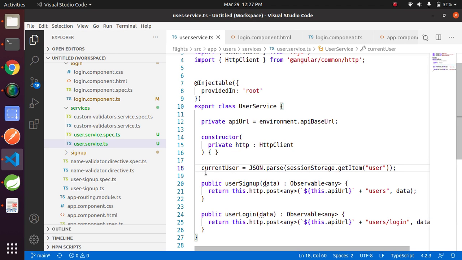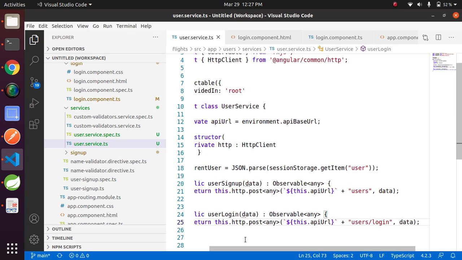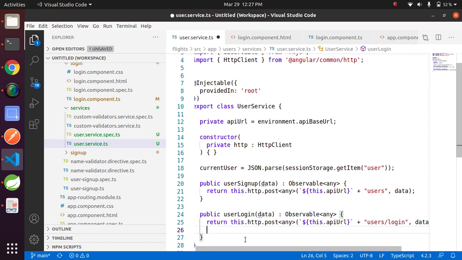This means we will use this variable every time whenever the user refreshes the page or moves to any new route, correct? Also in login, change a little bit here, add pipe and then add the map operator.